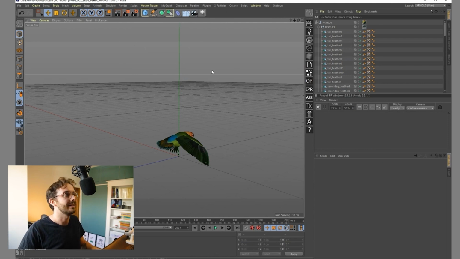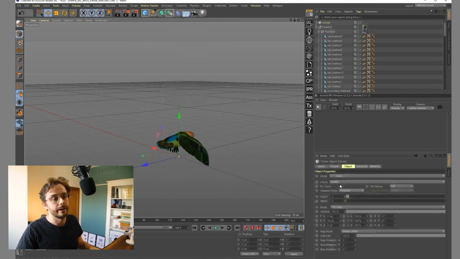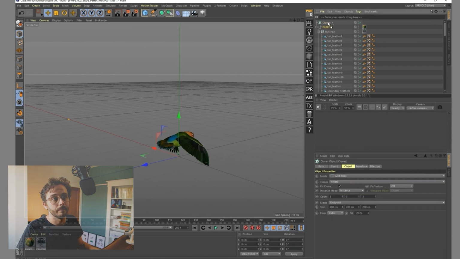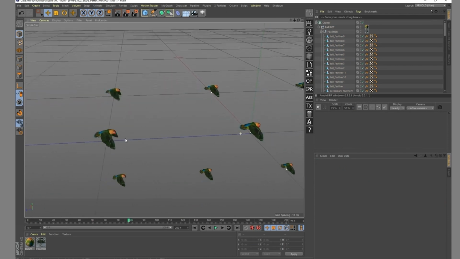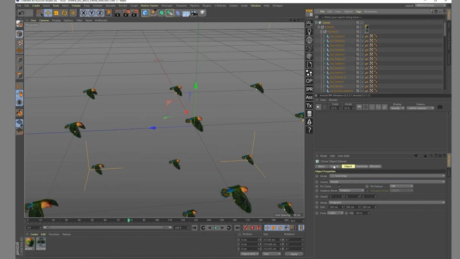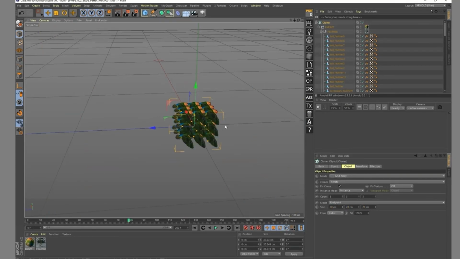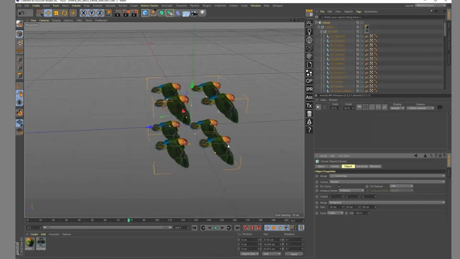But to work easily at the beginning, I'm just going to do a simple MoGraph cloner and put that in a grid array, and I'm putting my parrot inside of it. It's a super small OBJ, so I'm just going to, well, Alembic. So I'm just going to change the size of everything for my object to be just, I think, 20 is enough. And for the sake of that presentation, I'm going to lower the number of parrots to 2 on each axis.